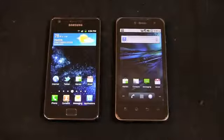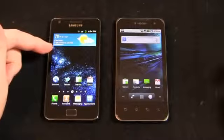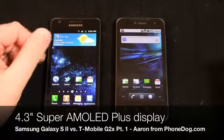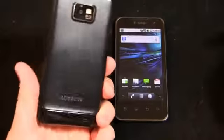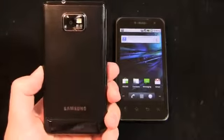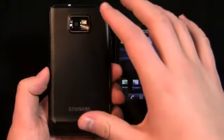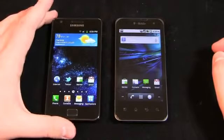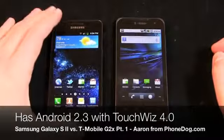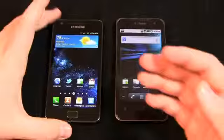But to give you a run through the specs here, Samsung Galaxy S2, 1.2 gigahertz dual-core Exynos processor, has a 4.3-inch Super AMOLED Plus display, has an 8-megapixel camera on the back with a flash, and if you'll notice, you're thinking, hey, it looks pretty similar. I actually don't have the Infuse in front of me. But if you're wondering, it looks pretty similar because the Infuse on the back looks almost exactly the same. A little bit of a different color scheme, a little larger because it has a 4.5-inch display, but looks very similar. Front-facing camera as well, Android 2.3 with Samsung TouchWiz 4.0, so it's running the newest version of